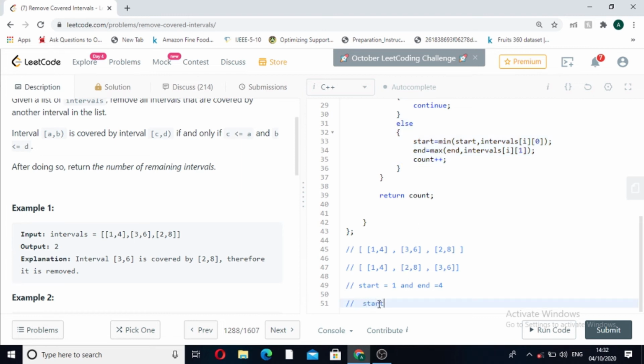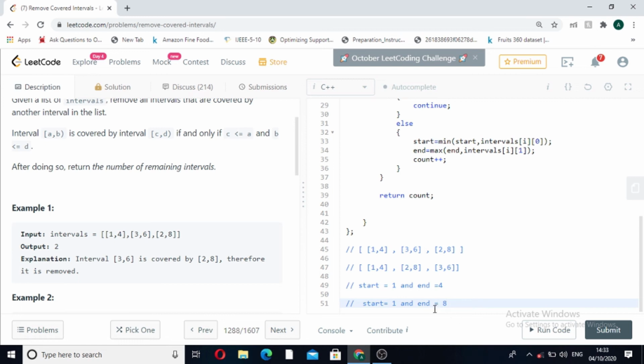Our start will become the minimum of the current start, that is 1, and the starting value of the current interval, that is 2. So the minimum of 1 and 2 is 1. So start is still 1 now, and our end becomes the maximum of the current end, that is 4, and the ending value of the current interval, that is 8, and the maximum is 8.